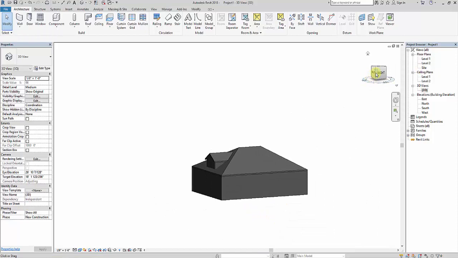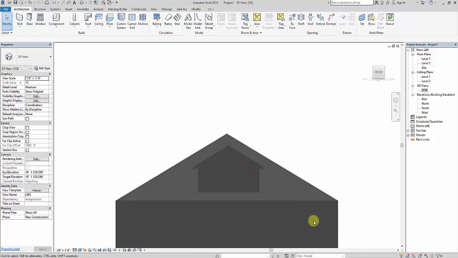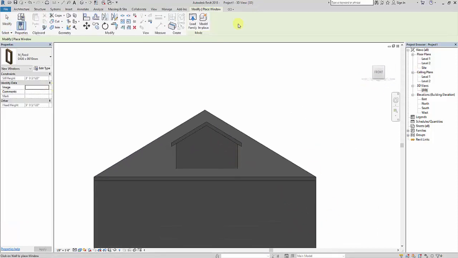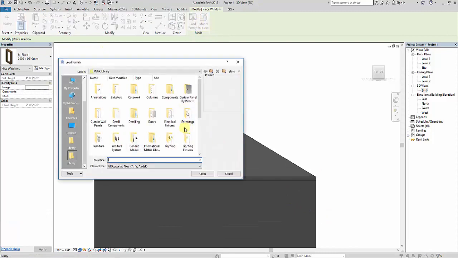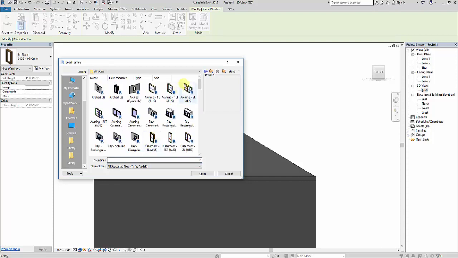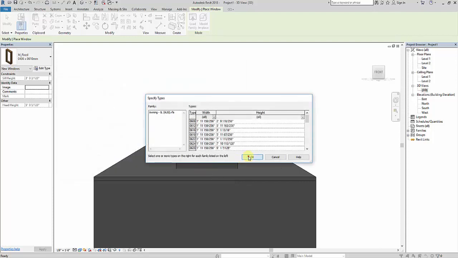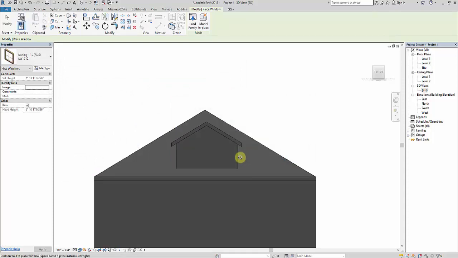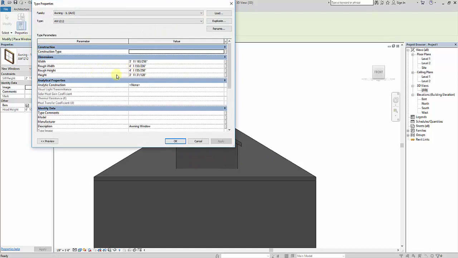Next, for ventilation purposes, if you want, you can place one window here. I'll go to load family, go to windows, and select a similar window to the one displayed there. I have to change the length and the height of this.